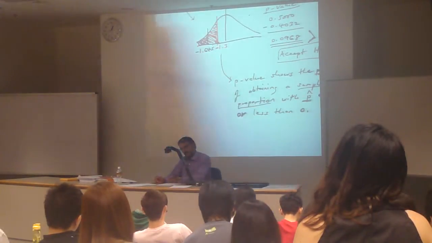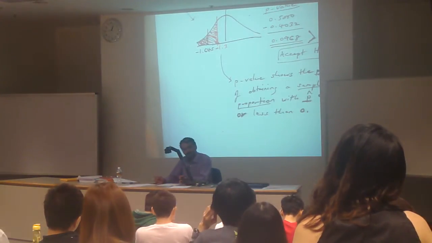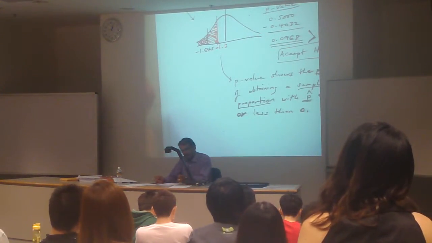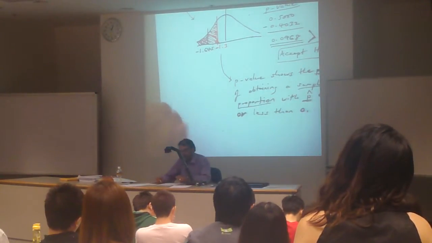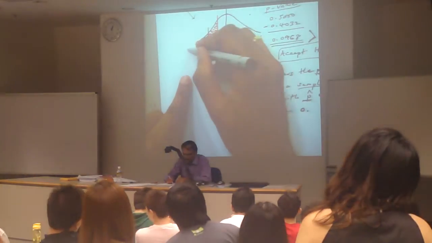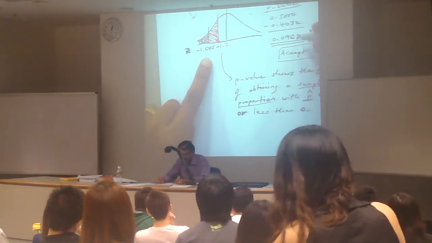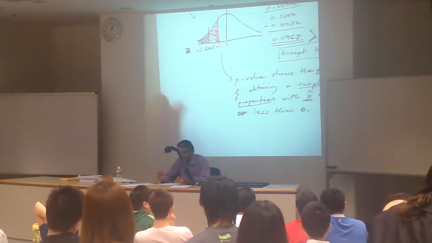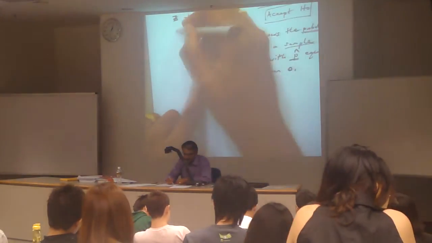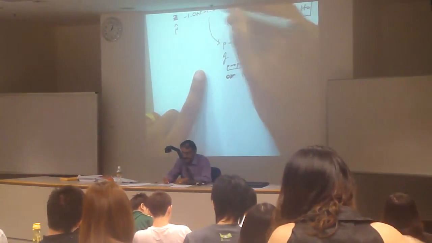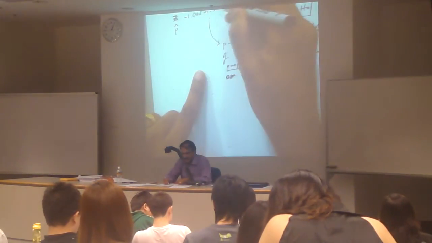P value is the probability of getting a proportion less than 0 point. Less than 0 point what? 0.0968. You okay or not? This is Z, this is Z, all are Z. I want P hat. There are two scales. If this is P hat, the center is equal to, in Z, the center is equal to,